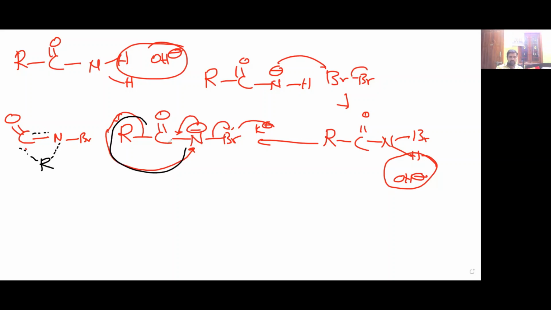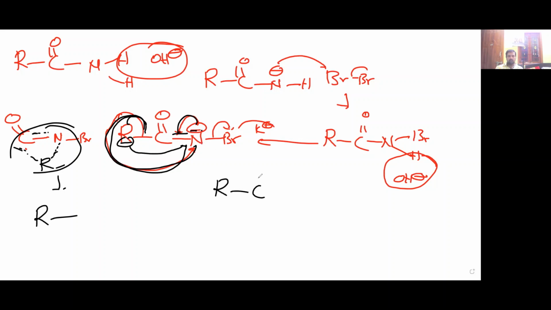That means alkyl group is migrating, no? That I represented like this. This is the transition state, 3 membered ring, unstable. So what is the reaction intermediate is forming finally? R. This is alkyl group is migrating, no? This is bond shifted like this, R minus. R minus attacks to this negative. This is the bond shifted, double bond is forming. Here R, C double bond O, N, Br is there. You keep remember, negative charge is shifted. It's forming double bond. It's like nitrene. So here also Br minus, nitrene empty box. Like this it is. Okay.